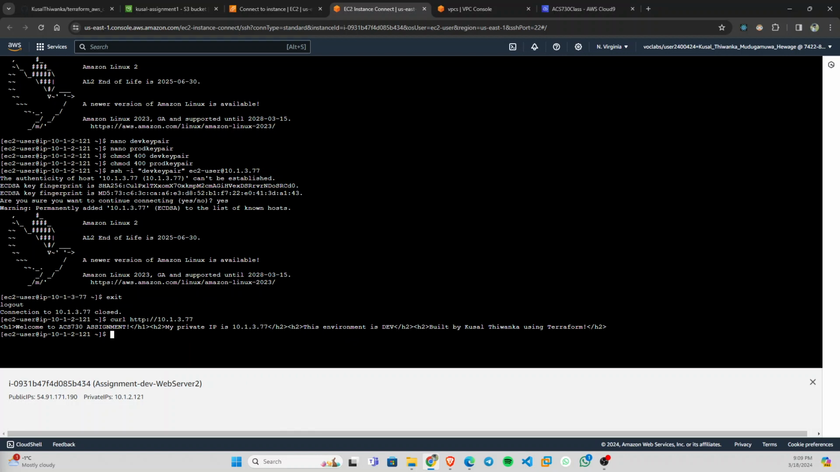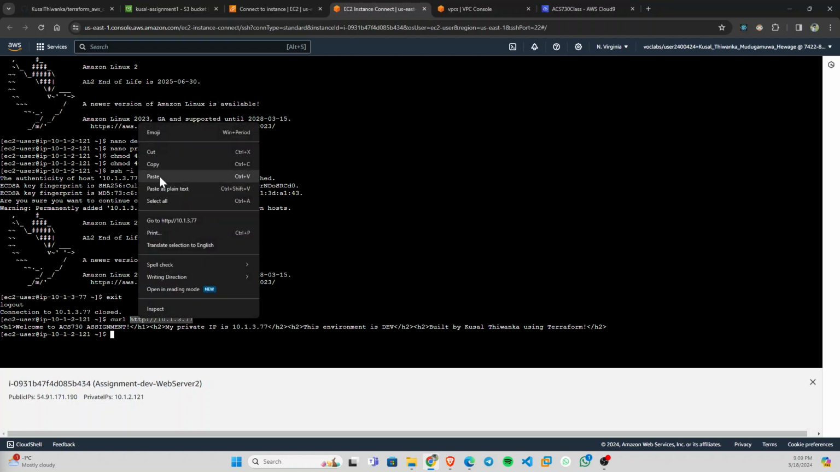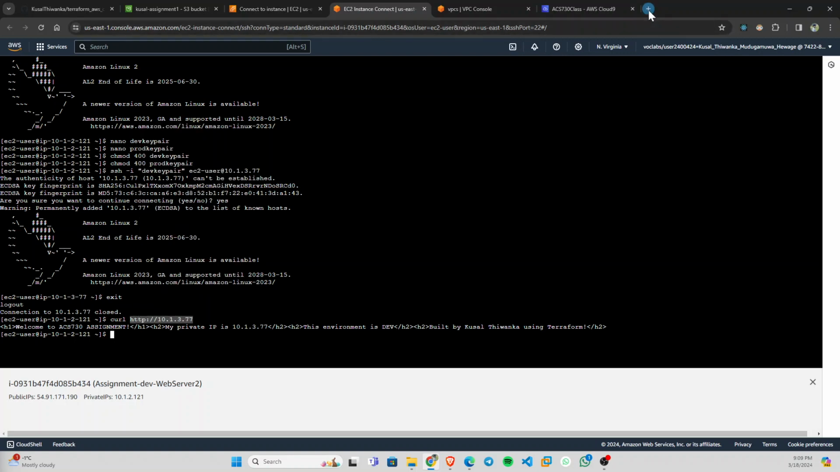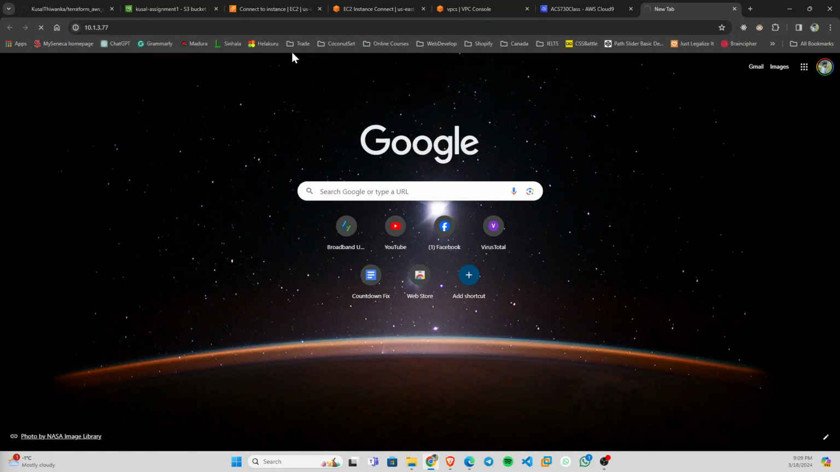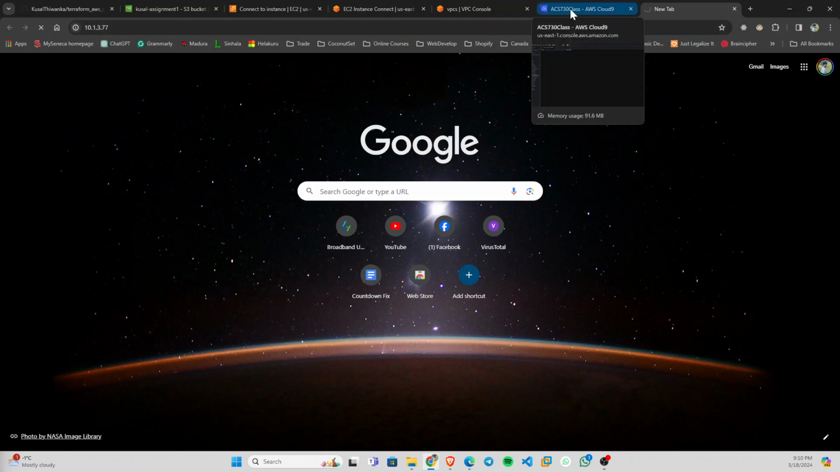You can see this is my web server. It's already hosted. Now let's try to access that web server from the outside, like an unauthorized user. You can see we can't access that private web server without going through the Bastion host. Okay,